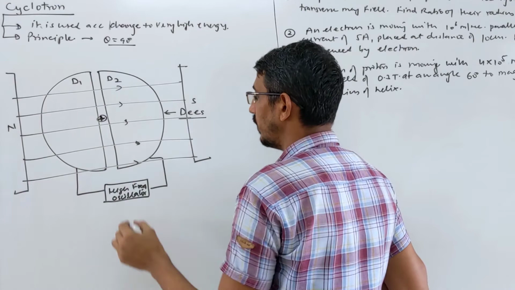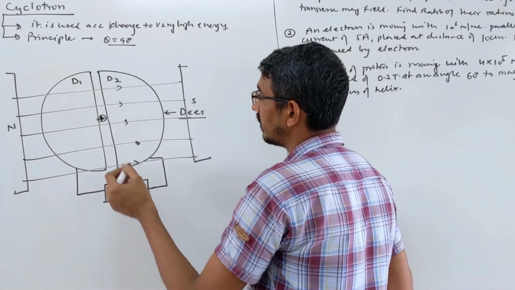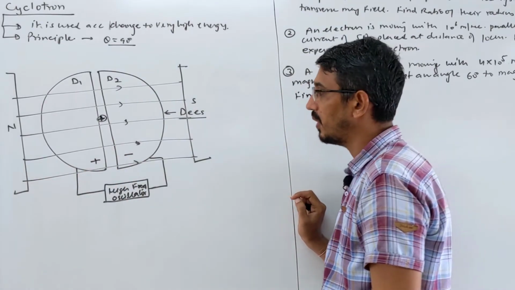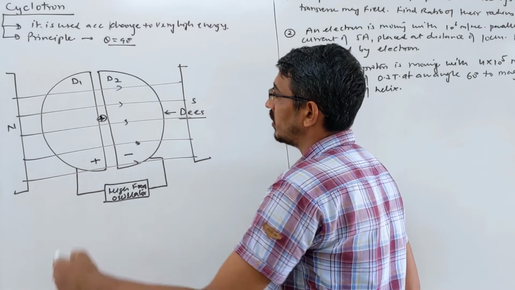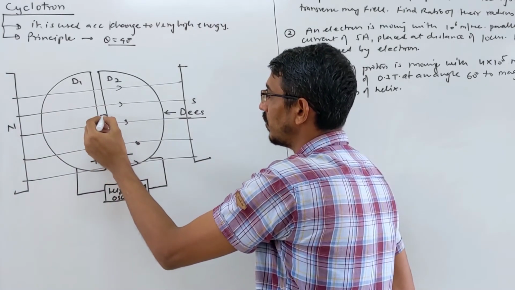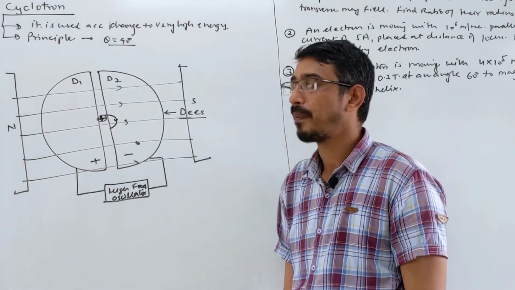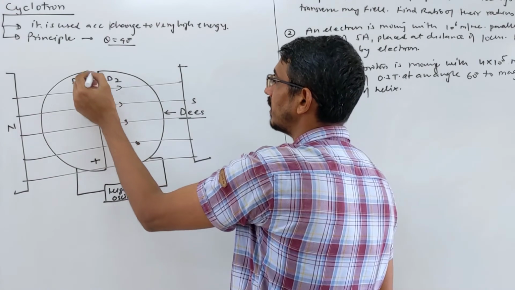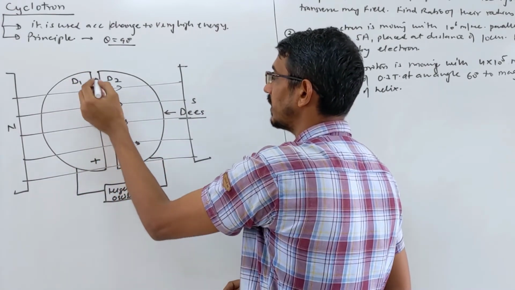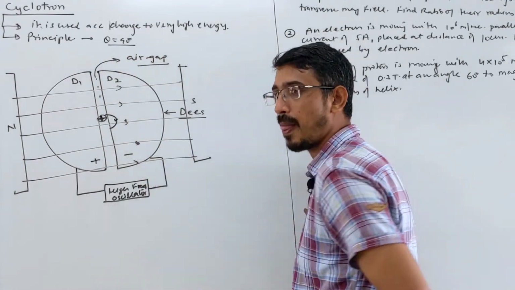At the start, these are connected to an AC source, a high frequency oscillator. Suppose initially this D is negative and that D is positively charged. Then your positive charge, we are talking about a positive charge here, is attracted towards that D. So it moves in that D with some radius and velocity. Look here, these are D's and there is a gap between these two D's. In this gap there is only air, nothing else. So it's called the air gap. This is very important.